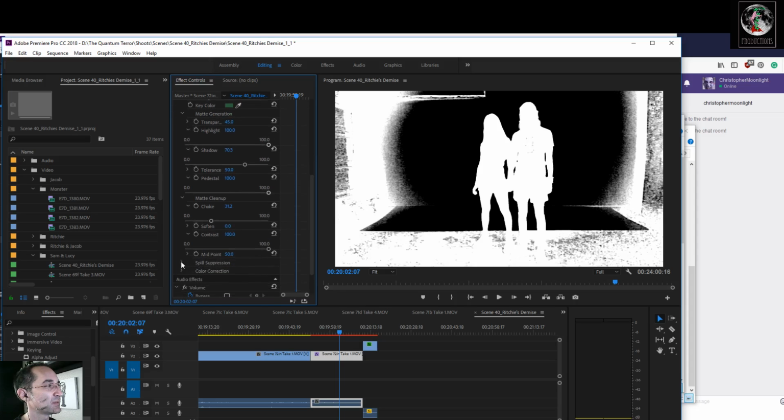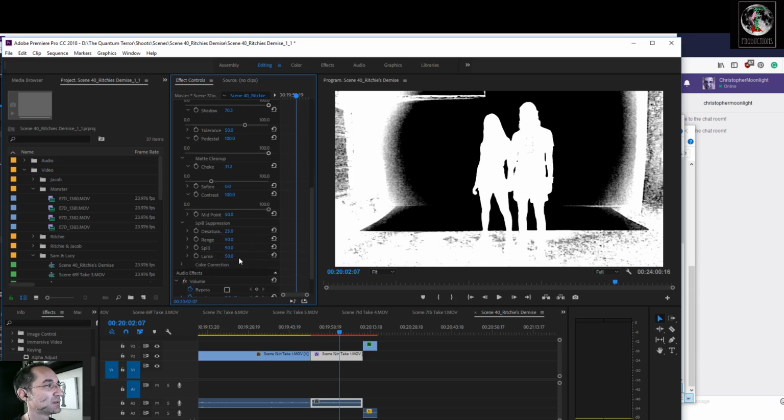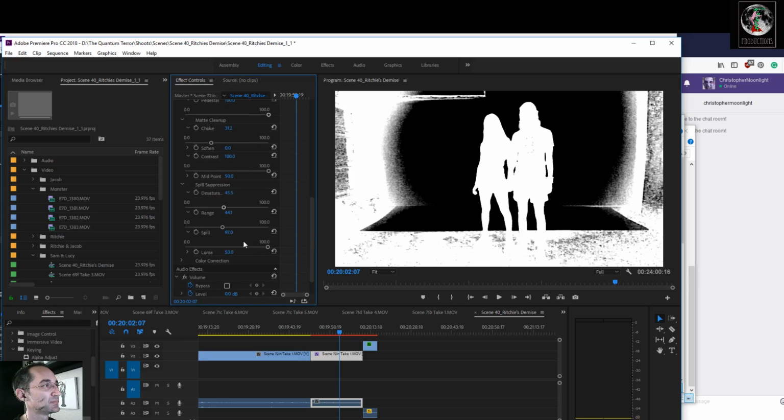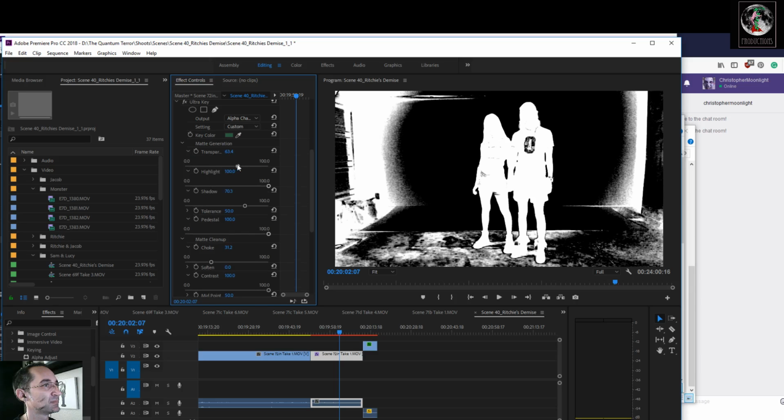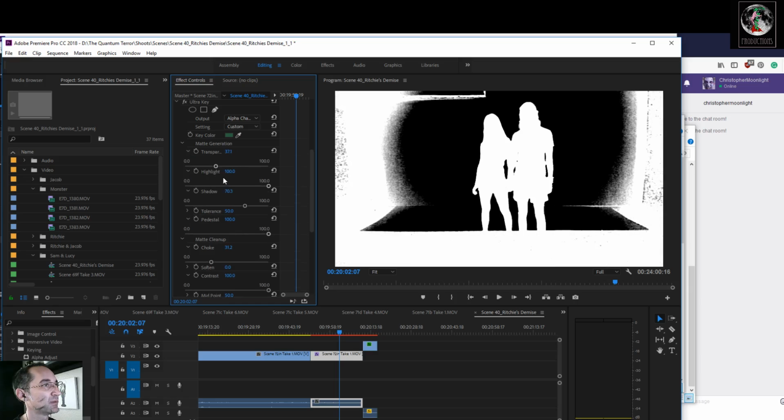Bringing the contrast up seems to help. See if messing with the spill helps. Whoa. Yeah. It's kind of neat. There we go.